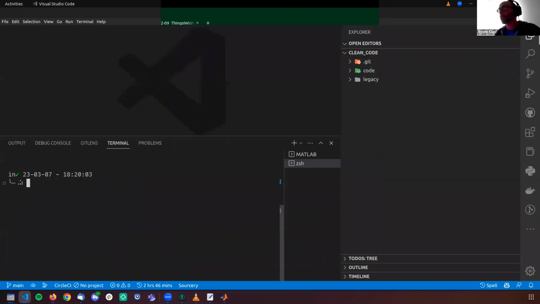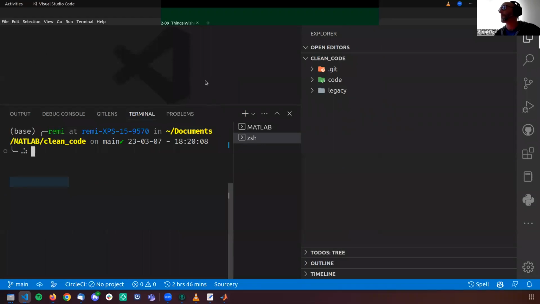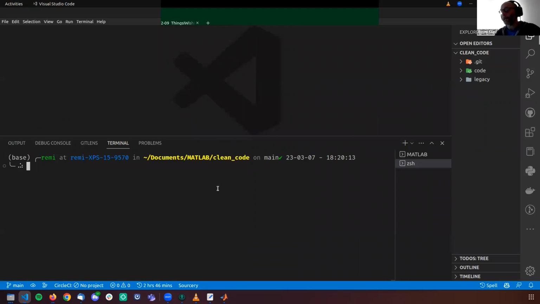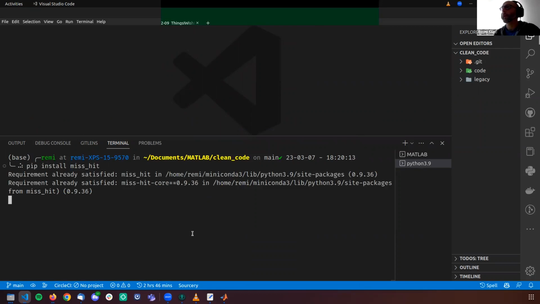Let me try to make this a little bit bigger so that you can better see what's going on here. So mishit is a package, so you would just need to install it this way. I already had it installed on my system, but if I didn't, it will install it this way.